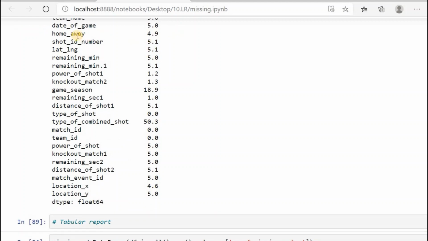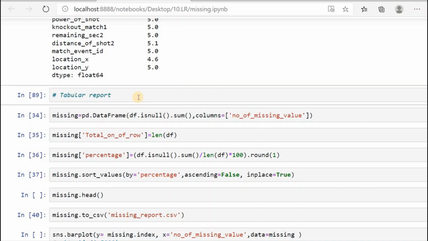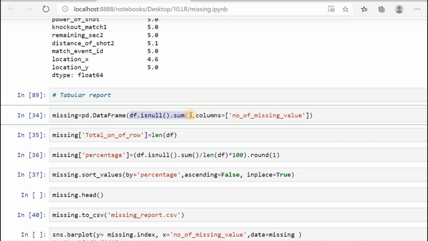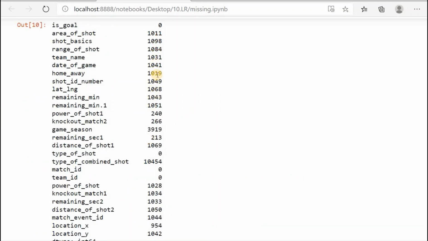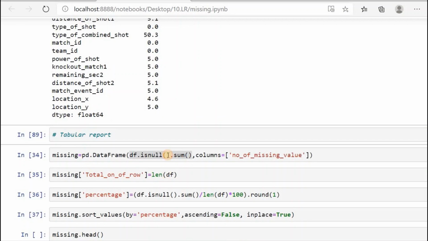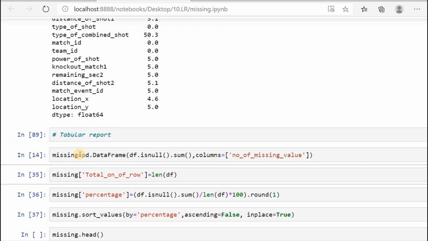Now we would convert this into a data frame to have a better tabular report. So first what I have done is df.isnull().sum(), that is the absolute number of missing values for each of the columns. I have converted that into a pd.DataFrame and saved it in a data frame called missing.